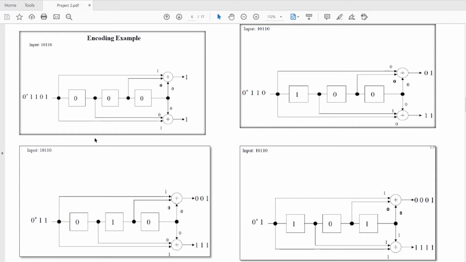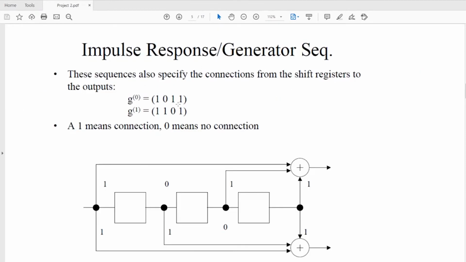This is 2 outputs with a single input, and it has 3 registers. Initially all the registers have 0, and we can find the register connections from the above generator sequences, that is 1011, and the other one is 1101.